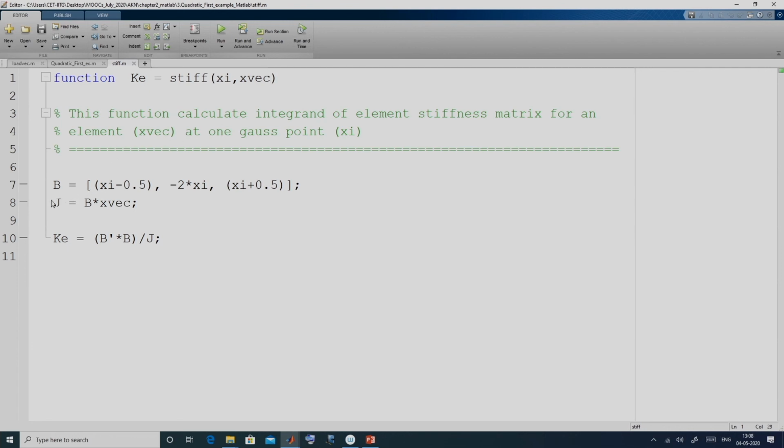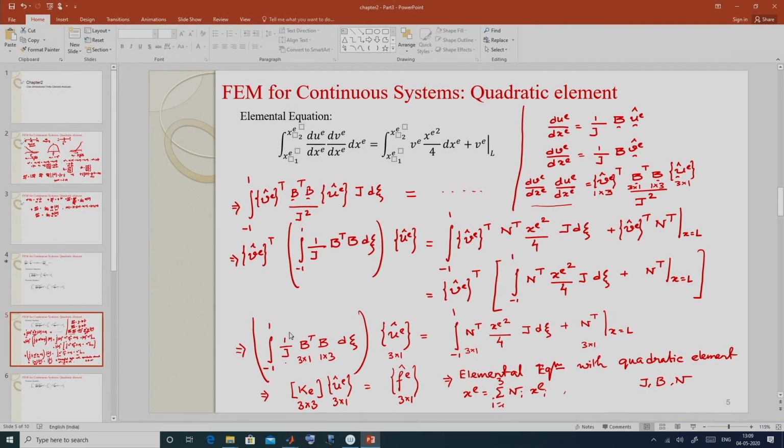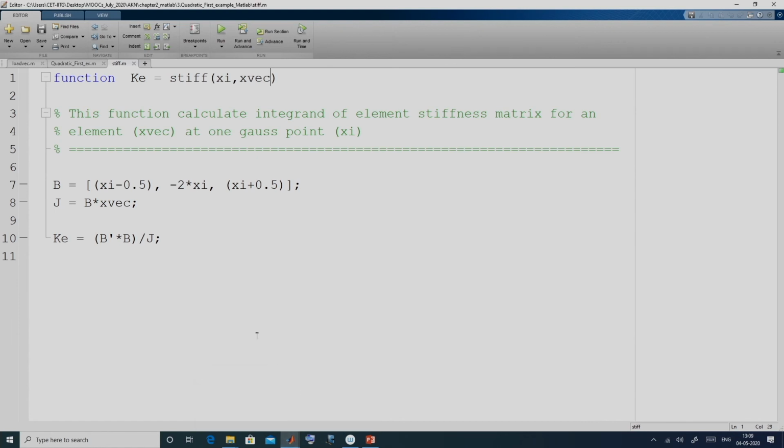So, we get the Jacobian. Now, this is the integrand of the element stiffness matrix, 1 by J B transpose B, which we calculate here. So, this function essentially evaluates the integrand of the element stiffness matrix at a particular Gauss point.